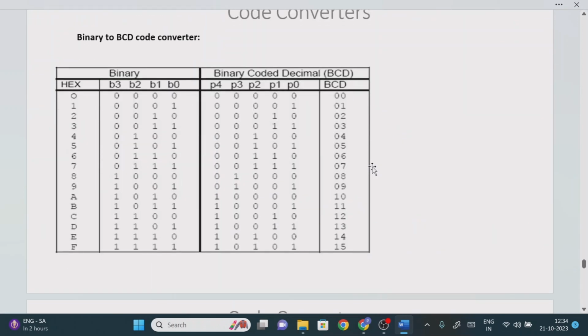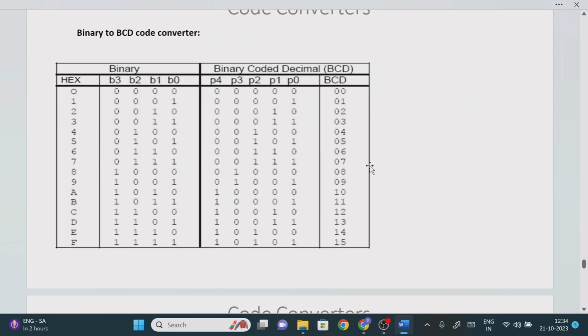Now we'll consider one more, the last question. This is an important question. We have to design the binary to BCD code converter, right? Binary means by default we are considering the 4-bit representation, right? So with 4-bit representation, how many possibilities will you get? 16 possibilities, since 2 power 4 gives 16 possibilities. Now here we have a problem. In earlier cases we got only 4-bit representation, but here we have a 5-bit representation. You need to understand why it is 5-bit representation, and why not 4-bit, right?